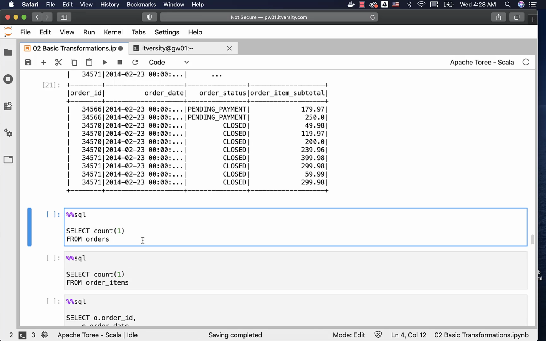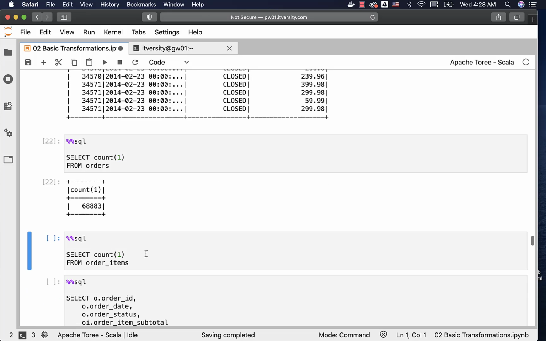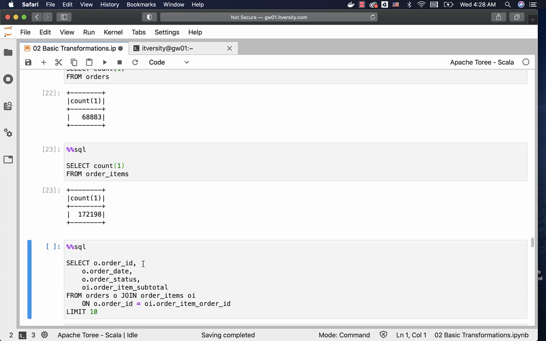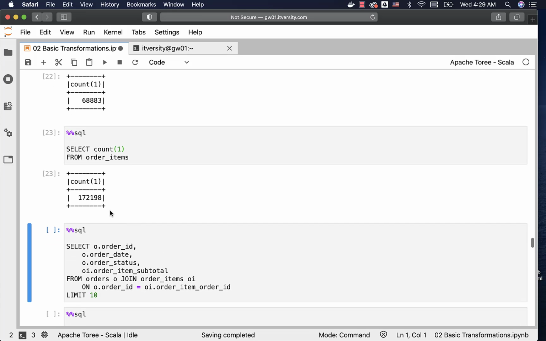So I'm getting count from orders, which is 68,883, and then I'm getting count from order items, which is 172,198. As order items is the child table for orders, there should be no order item without an order associated with it, and hence when we join without any additional filter conditions, especially when the tables are related, then we should be getting the number of records equal to the number of records in the child table, which is 172,198 in this